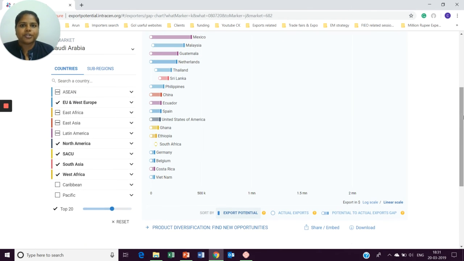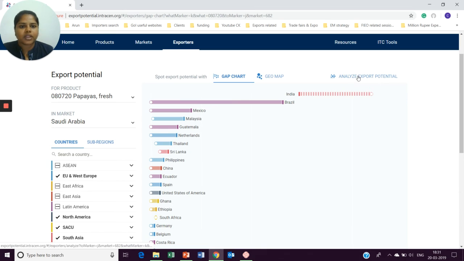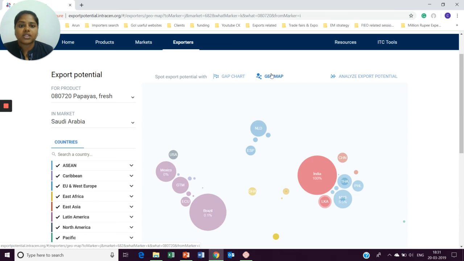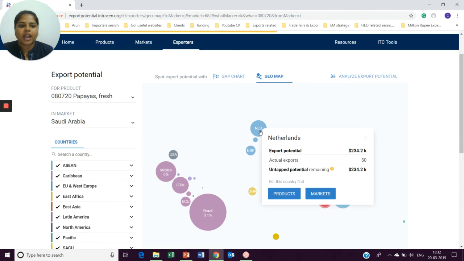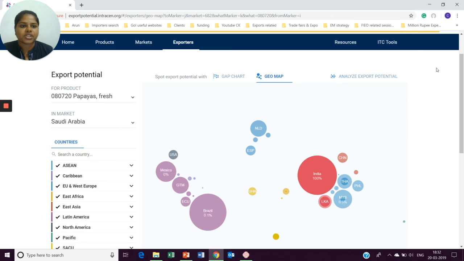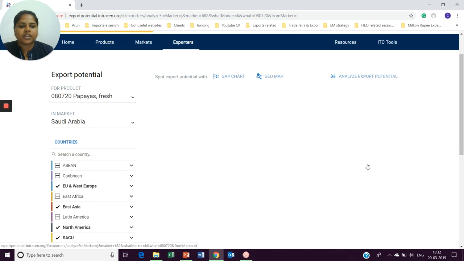So you should know what they use our product for particularly, which we will go into in the next session: how to prepare and understand at ground level what groundwork we have to do when exporting a certain product. Again, you can do the same thing. Here, GeoMap is just different continents and countries, with the same details based upon the position of the countries. Then you can see the export potential.